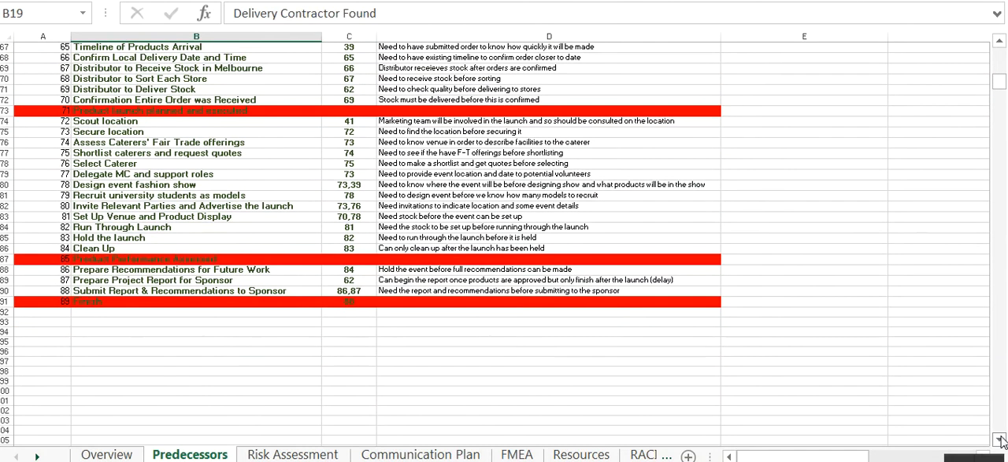Occasionally when you do your initial set of activities and predecessors, you realize that the initial order is just a bit clunky in terms of predecessors, and you may need to move the order around a little bit, but you just try to get a sheet that looks reasonably logical in terms of the sequences of numbers and the rationales. So before we move on to the next section, which is really a bundle of risk assessment, communication plan and the FMEA,